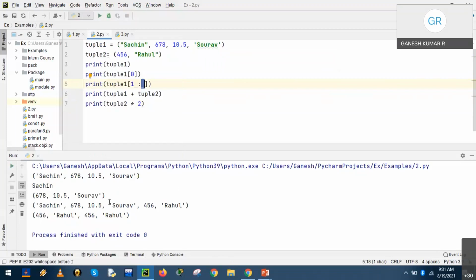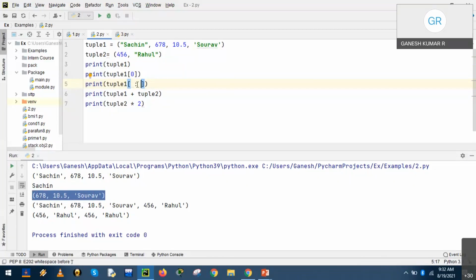So notice 6, 7, 8, 10.5 and several. The indexing: tuple 1 of 1, tuple 1 of 2, and tuple 1 of 3, the last value. Right? I have not included both initial value and the upper limit.